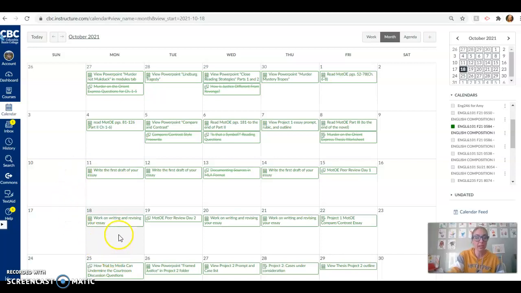So as we take a look at this week, revising, that's what we're doing. You're going to revise today. Tomorrow we have another peer review. It works just like the peer review we completed last week. You're going to post your revised essay. So this essay that you're posting tomorrow on Tuesday should have some substantial changes. It should be very different than the essay you posted on Friday. You want to make those changes, make the essay stronger, so you've got a whole new thing for your reviewer to take a look at. And then you're going to work on revising that and turning in the final draft on Friday.